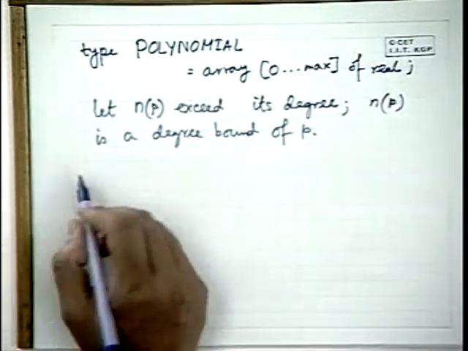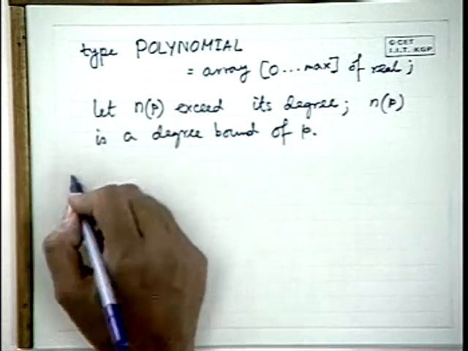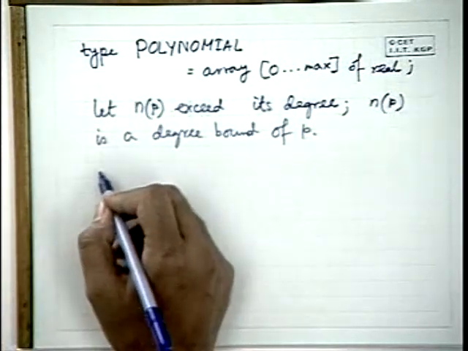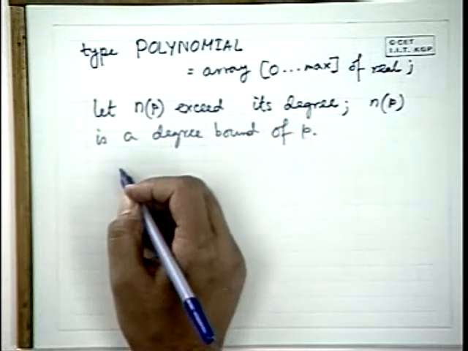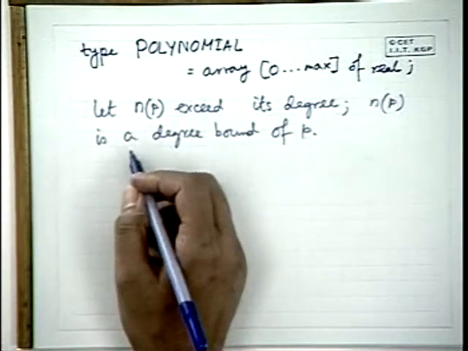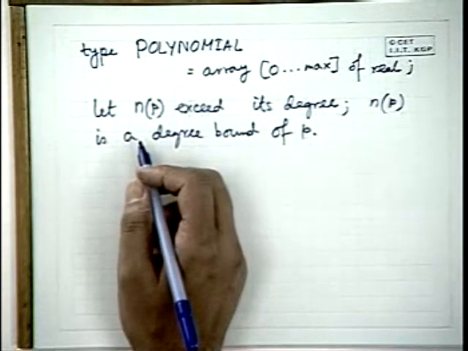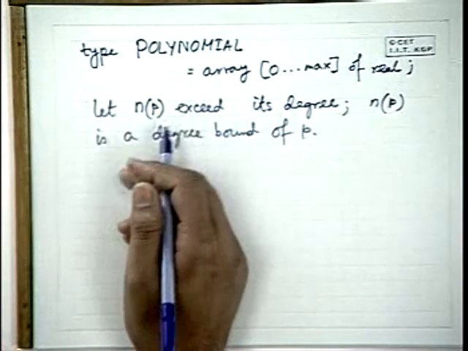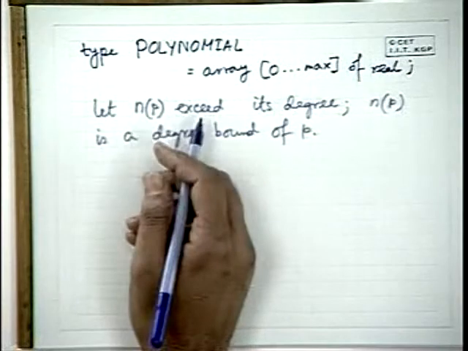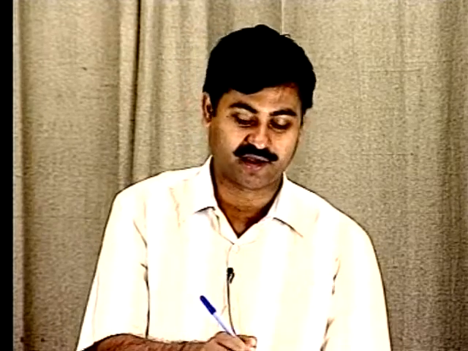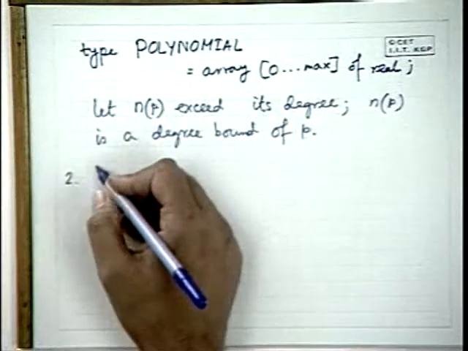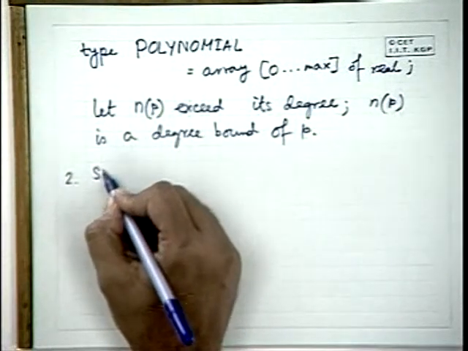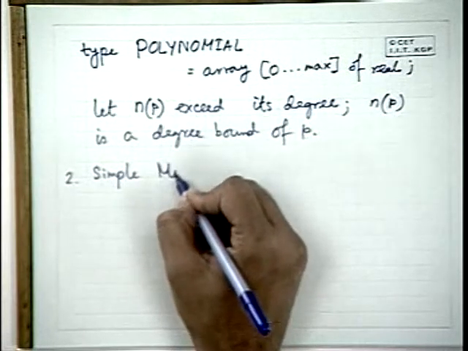Now, I don't have to say how to compute the additions very efficiently. It's very straightforward. If two polynomials each have degree bound, say n, how much time does it take with this representation to compute the sum? Order of n, because it's just a straightforward addition of corresponding values in that array, at the same index. So, it's order of n. So that is very straightforward. I will not tell you how to do this in an explicit manner. So, we go straight to the next operation, simple multiplication. Let us see how we can do simple multiplication.